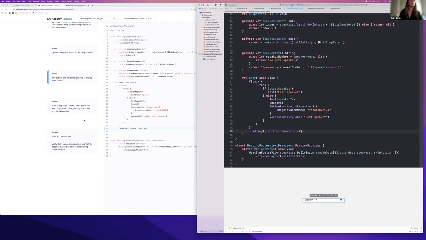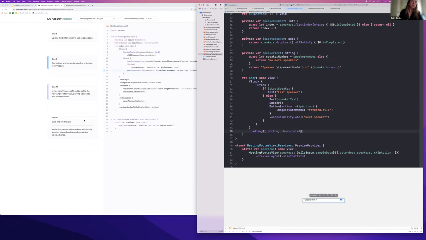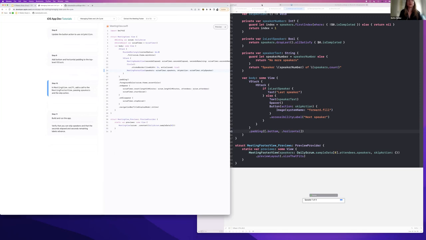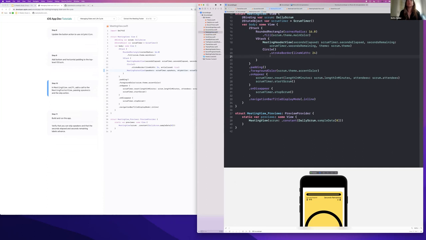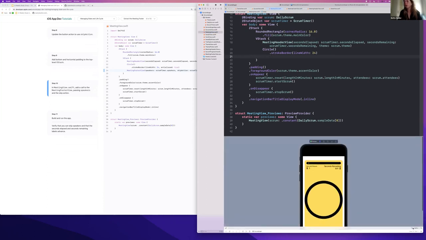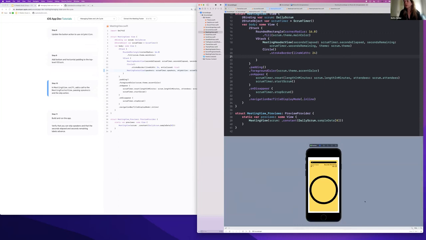In meeting view, add a call to the meeting footer view, passing speakers and the skip action. So where in the meeting view, I think I left just above circle. Yes, and to see in live that cool thing. Yeah, here just above circle. So yes, I have my meeting footer,